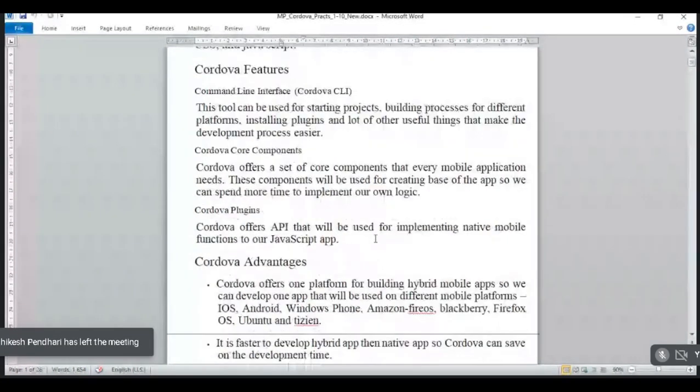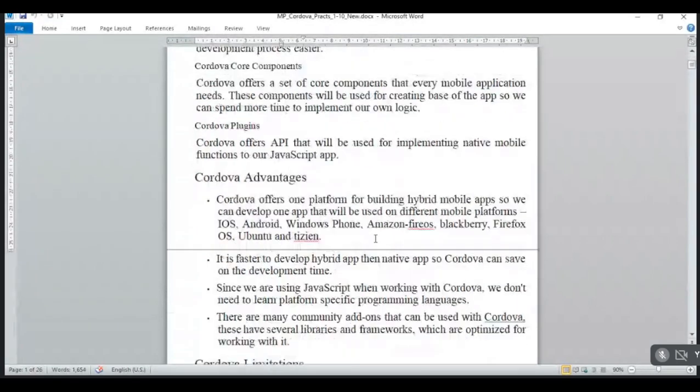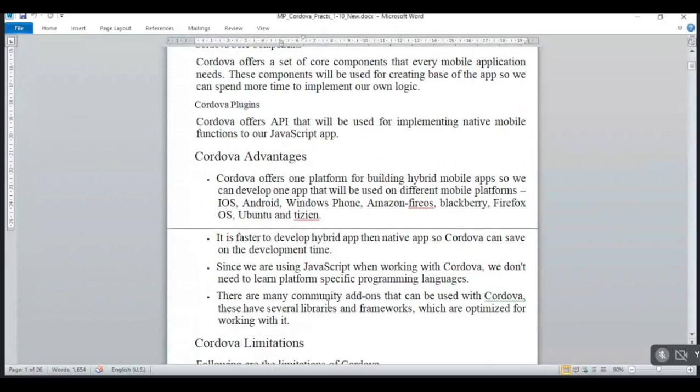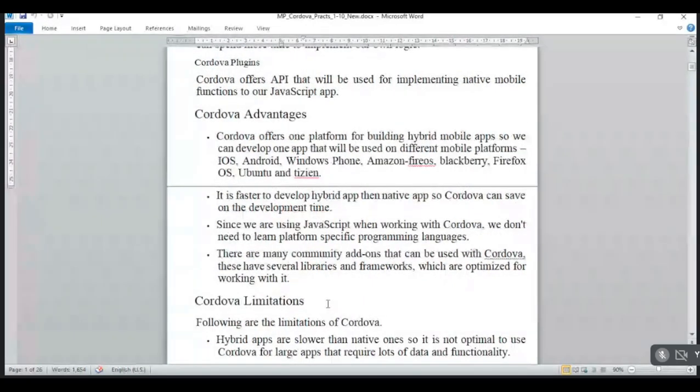Apart from this, there are some advantages and disadvantages we are going to discuss right now. What are the different advantages of Cordova? Cordova offers one platform for building your hybrid mobile apps. So we can develop one app that will be used on different mobile platforms such as iOS, Android, Windows, Amazon Fire, BlackBerry, Ubuntu, etc. This is one advantage of Cordova.